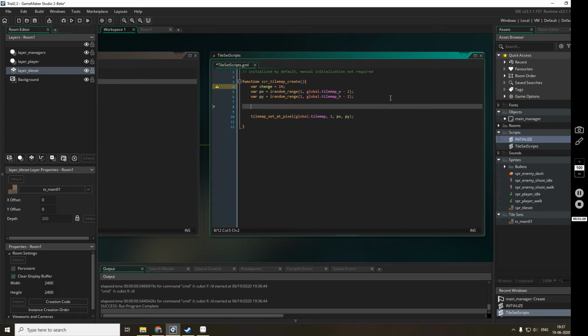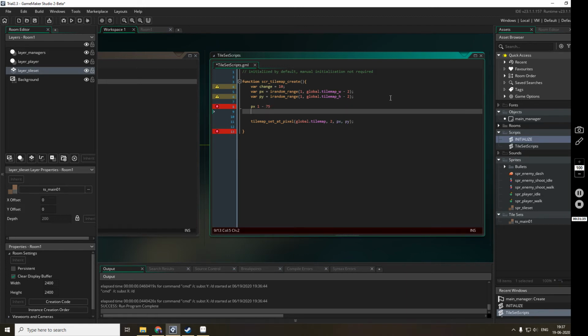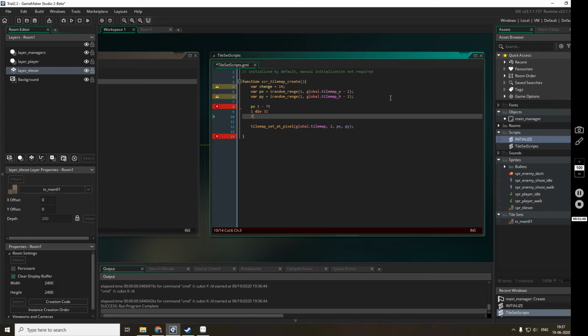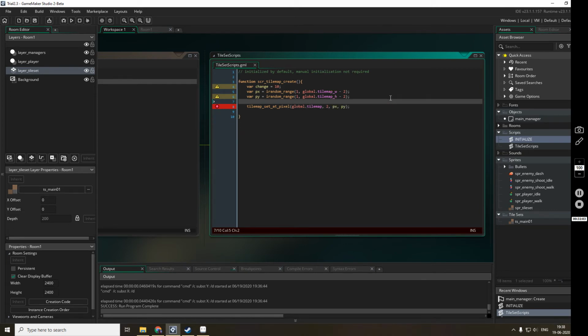Basically if px is from 1 to 75, the cell of px will be 1 div 32, the tile width, or 75 div 32, that should be a maximum of 2 or 3. Either it will be 0 or 2. So that is the reason it is always spawning in the left.